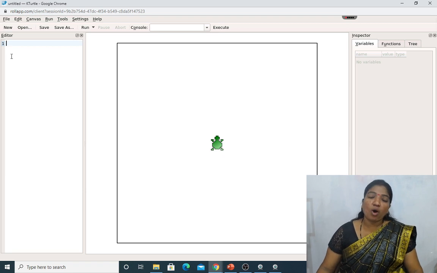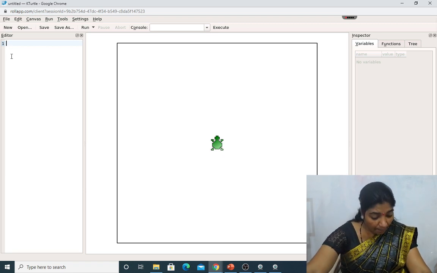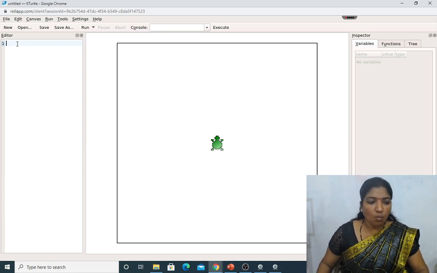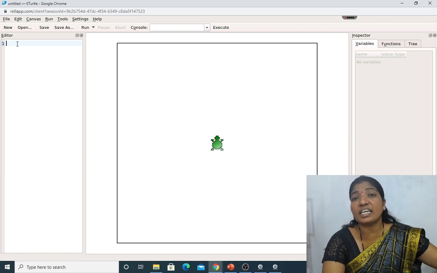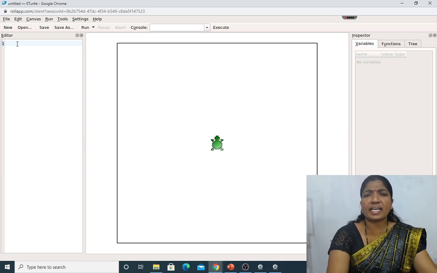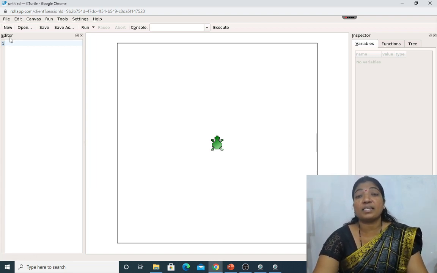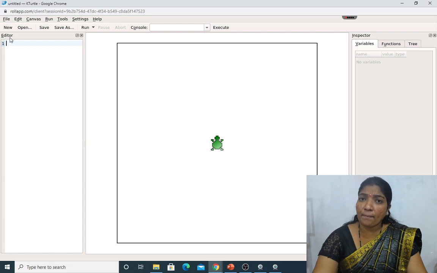Let us see one by one what actually a print command is. A print command makes the turtle write text as well as numbers. What is the main use of text? What is this terminology you are using in a computer language? The text is nothing but alphabets from A to Z. Alphabets may be uppercase or lowercase letters. Uppercase letters are capital letters and lowercase letters are small letters. We will be making use of alphabets, that is text, and numbers.